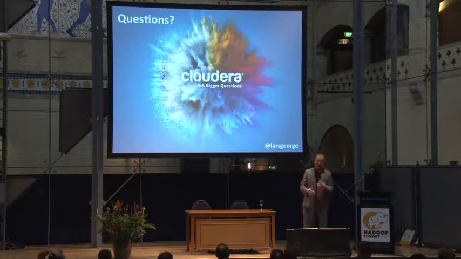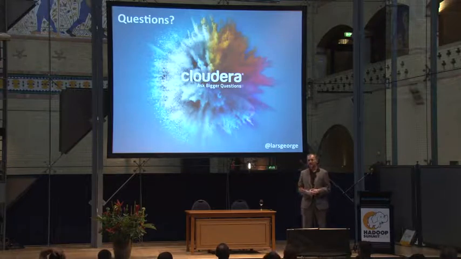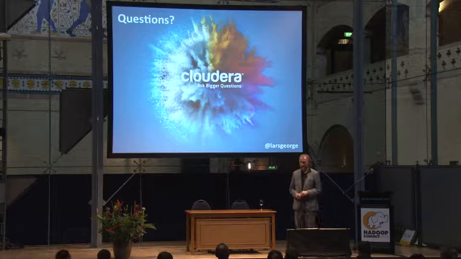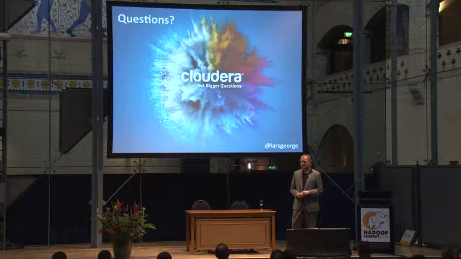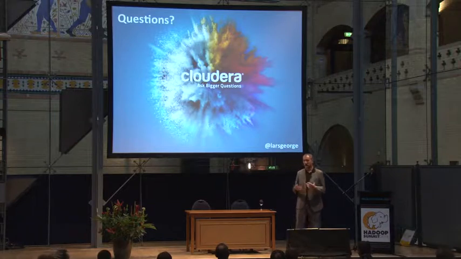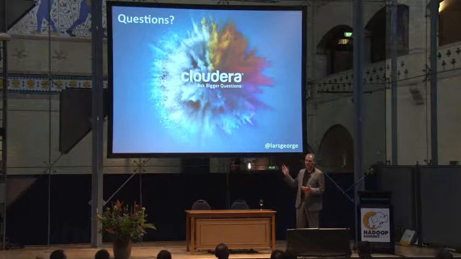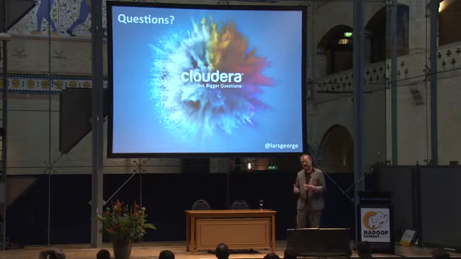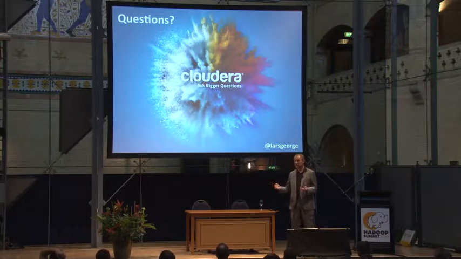The question is, are there any comparison benchmarks between 94 and 96? I do believe there are, but they are strewn across the mailing list. I think Jean-Marc has a rig set up and he's testing them, and they published some numbers there. There were some regressions initially, and they discovered and addressed them, so I don't know off the top of my head what the difference is. Keep in mind, it's feature dependent. If you don't switch on encoding, you get the same performance because not much has changed. But if you start switching on encoding and compression changes, that probably gives you the extra gain on top of that. But it's use case dependent.